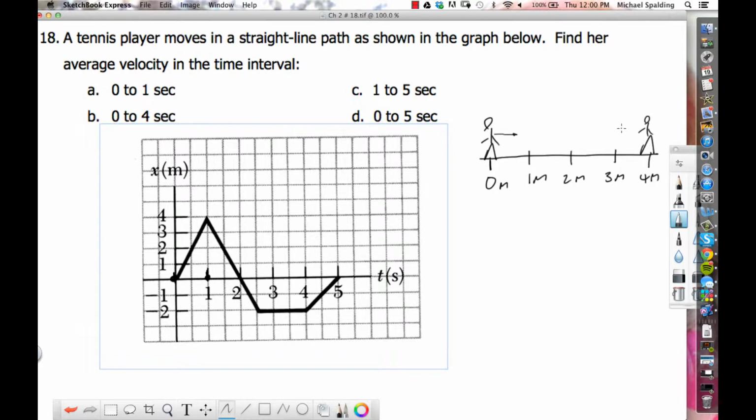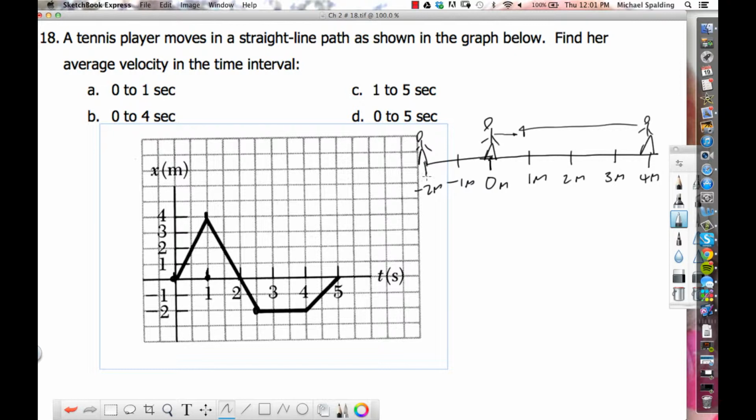She does that in 1 second, which is pretty fast to go 4 meters in 1 second. And then what happens at 4 meters? When she's out here, she changes direction and comes back to the 0 meter position, but then she keeps going to where? -1, -2. She goes to -2. Now what does she do once she reaches this -2? She stays there for about 1.5 seconds, from 2.5 seconds to 4 seconds, and then she comes back to the starting